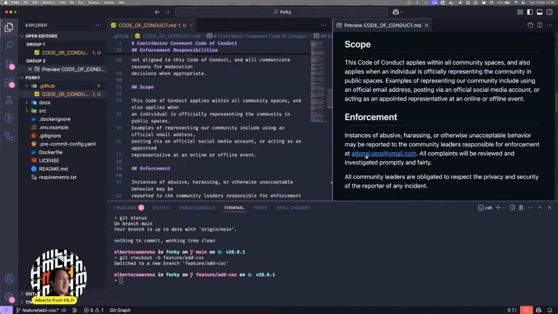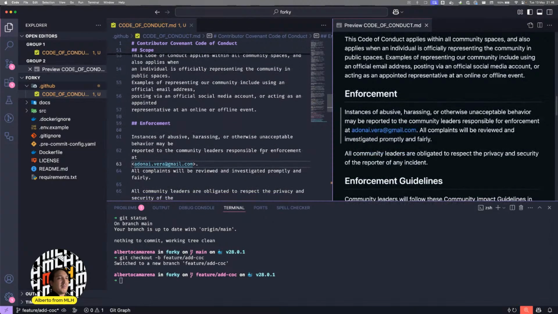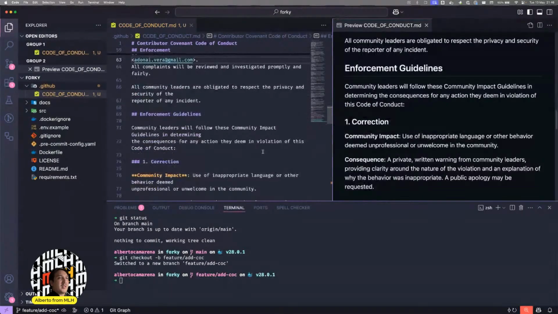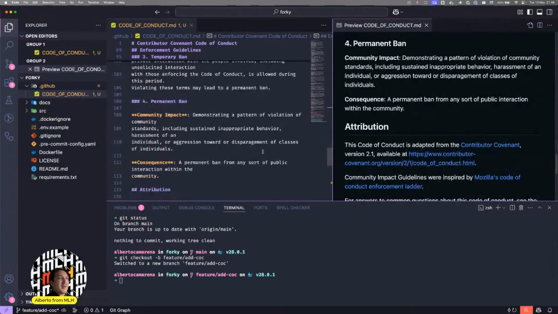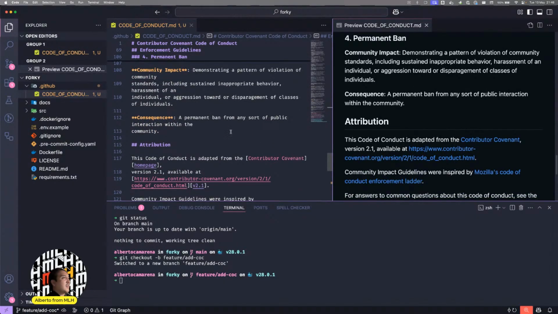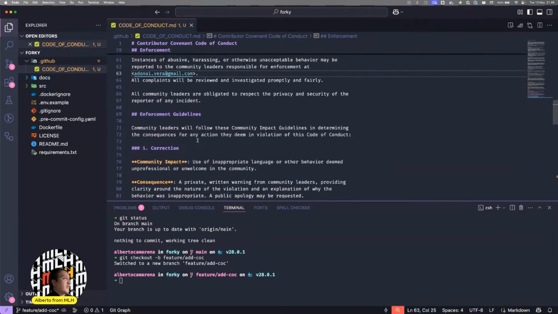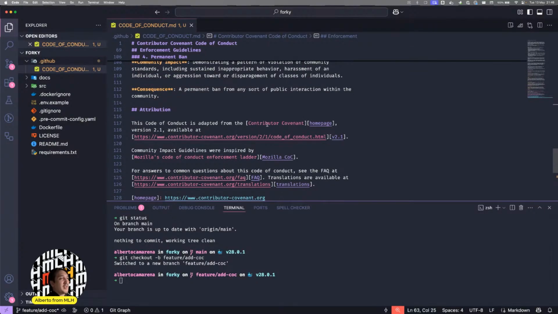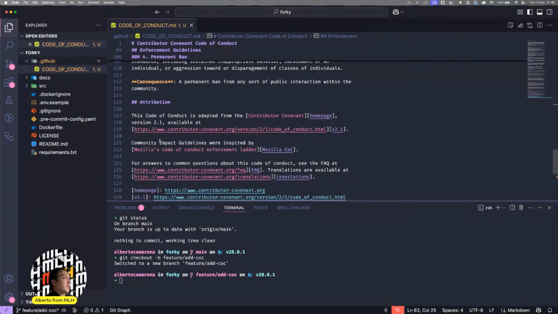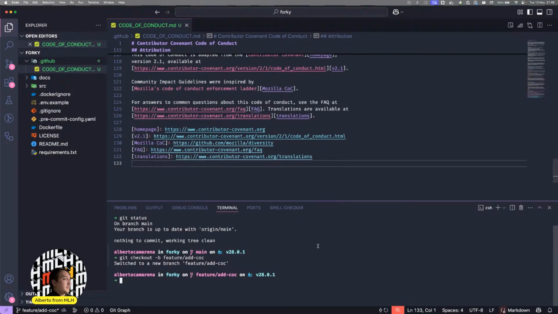Okay, the mail, I think that's great. All complaints will be reviewed and investigated promptly and fairly. Enforcement guidelines, correction, consequence, warning, temporary ban, permanent ban, attribution. Perfect. So we can close it. The attribution: this code of conduct is adapted from the contributor covenant homepage, version, and a lot of things, right? So once we have it, we say git status,